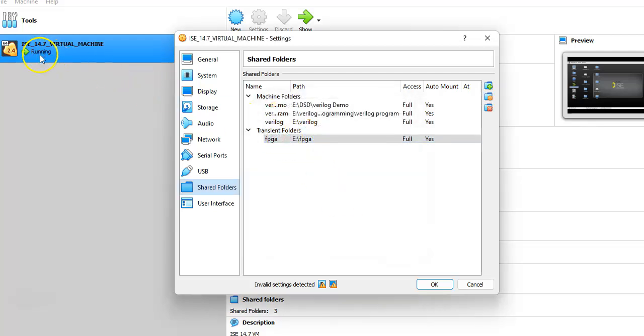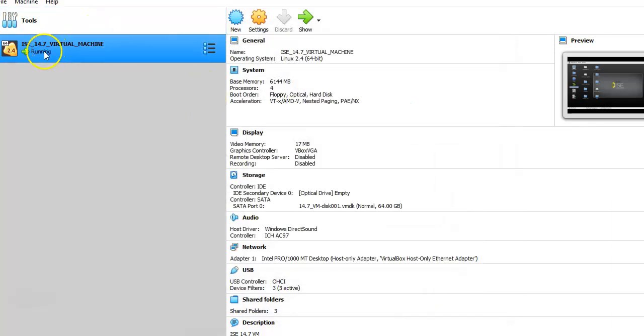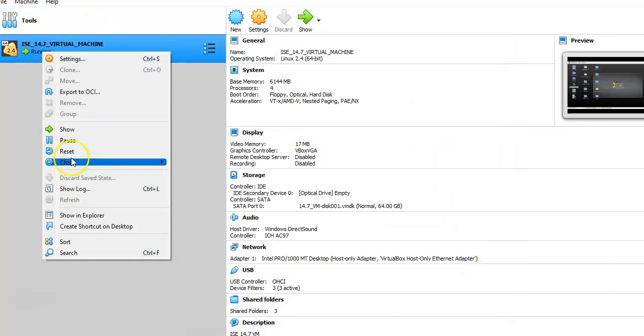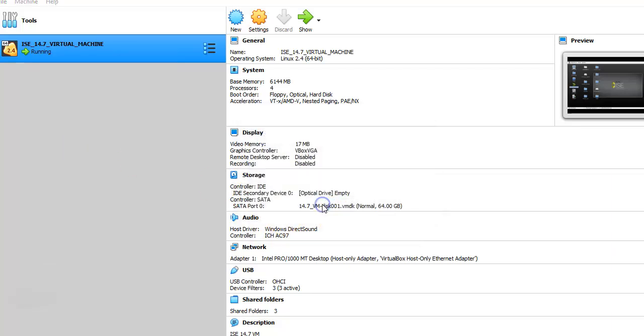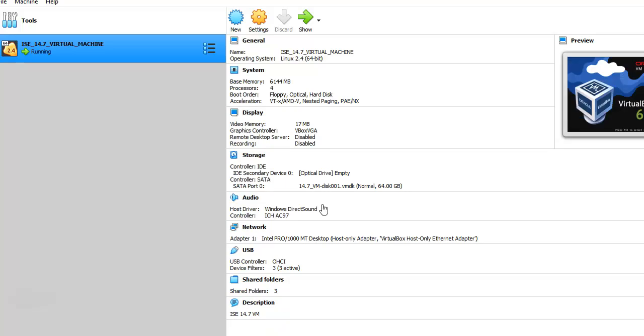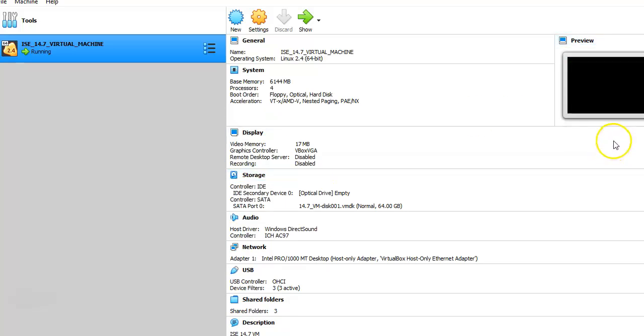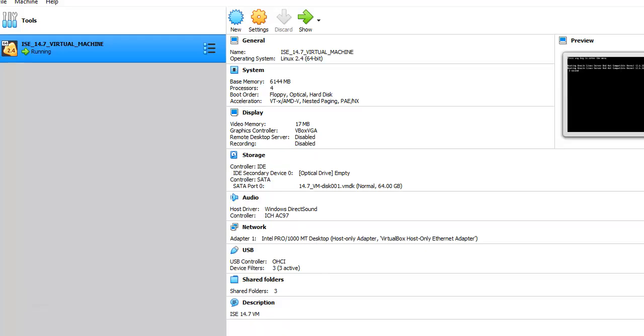Once it is done, don't forget to reset your device. Reset it. It will reset the virtual machine. Again, it will take some time. Once it is reset,